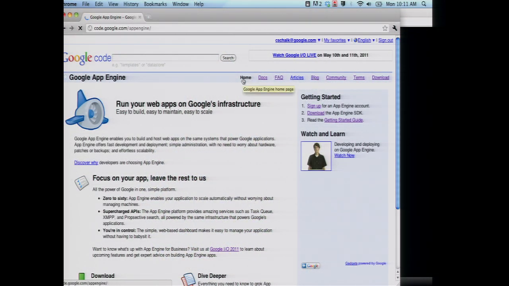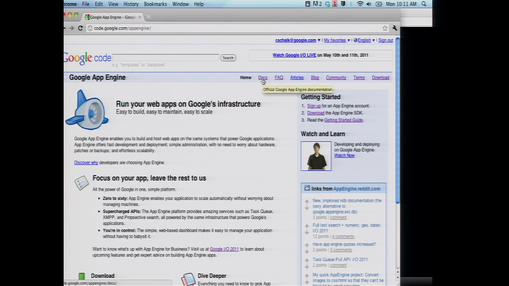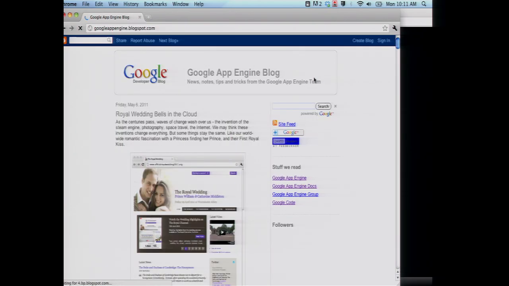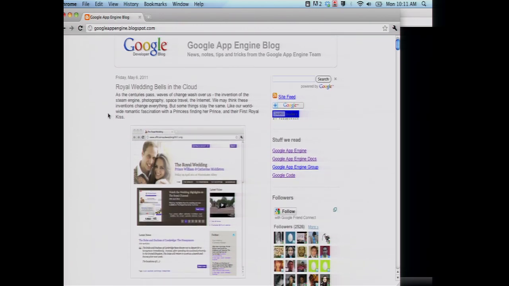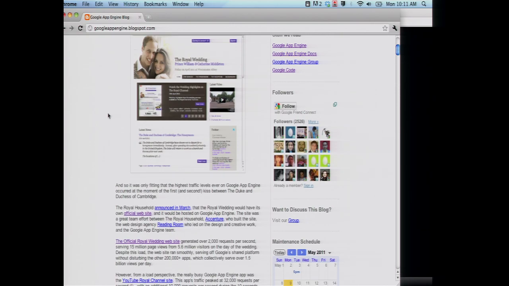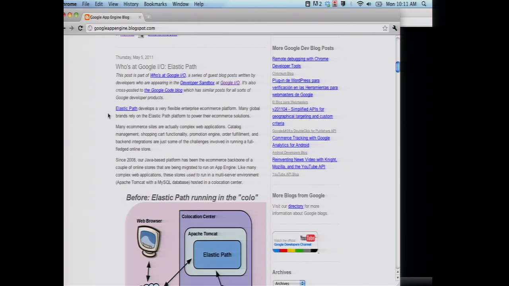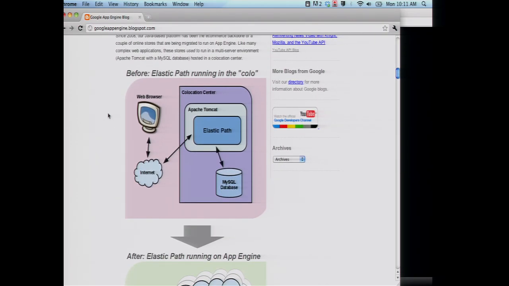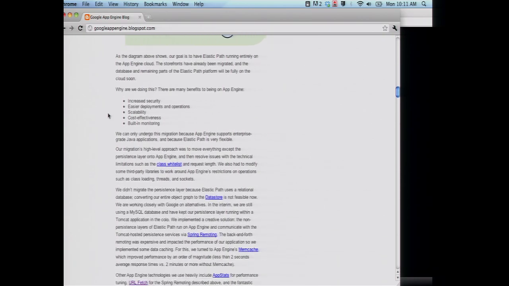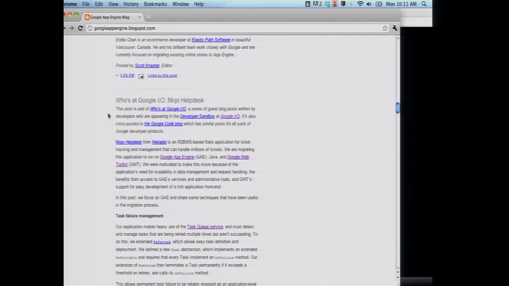So as you can see, there's code.google.com/appengine. I'll jump into the blog and I'll head back over to the docs really quickly. You may recognize this particular blog post we just did recently, which talks about how App Engine was used for the official royal wedding blog. And if I continue to scroll down, there's just a whole bunch of technical information that's constantly coming out, and how you can essentially learn what's the latest that's going on with